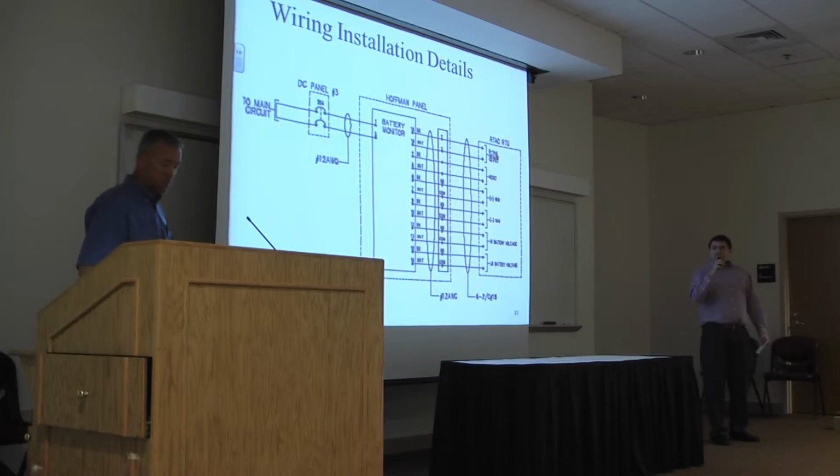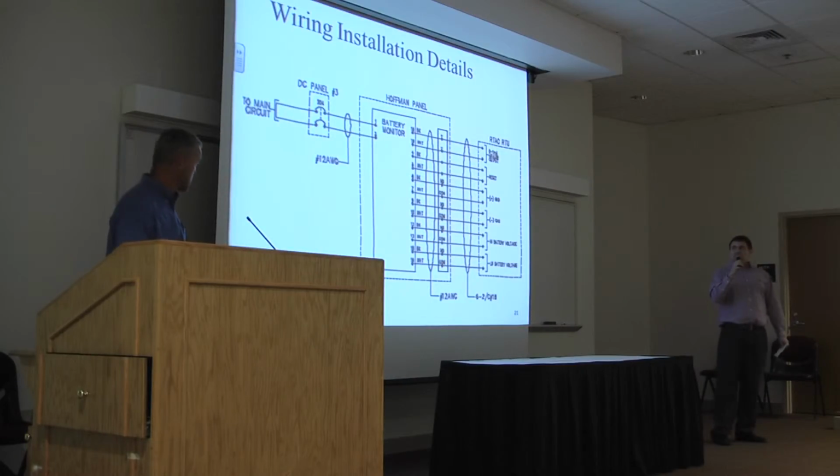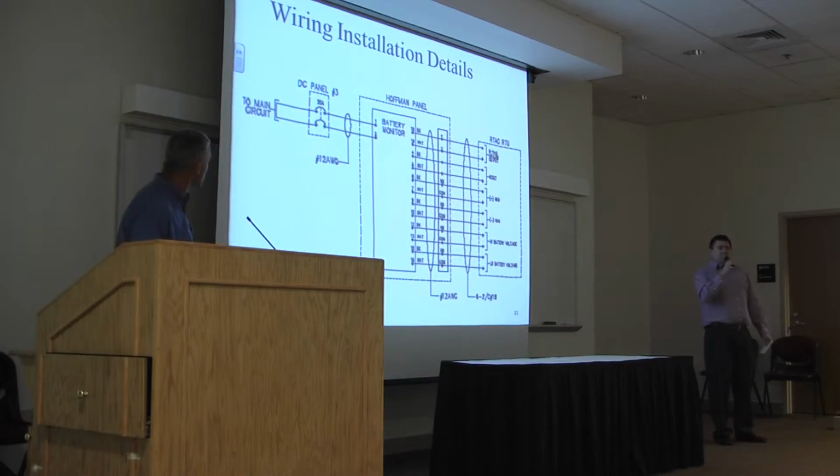The wiring detail here shows the DC panel number 3 with a 2-pole 15-amp circuit breaker. There's 2 single conductor number 12s going back to the battery monitor. Depicted on the box here is the terminal strip. And on one side is the single conductor number 12 going back to the battery monitor. On the other side is the 6-2 conductor number 18 communication cables that go back to the RTAC remote terminal